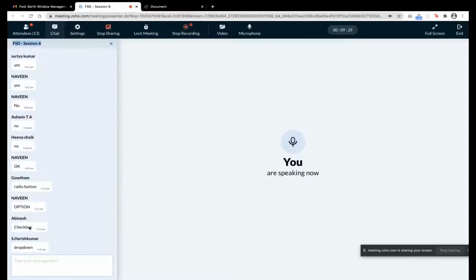Checkbox will select more elements, right? Drop down also, okay, drop down is also fine because only one option we can select. But in the checkbox we can select more than one option, so it should not be. So the answer is radio button. When we go for drop down, I will tell Harish. So here the best type will be radio button. So what you need to give is input type radio.